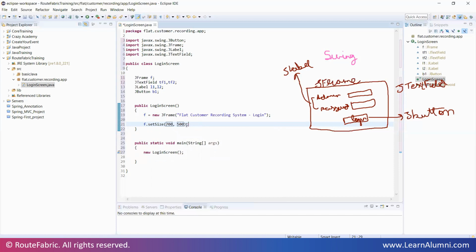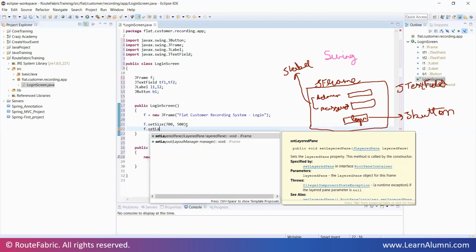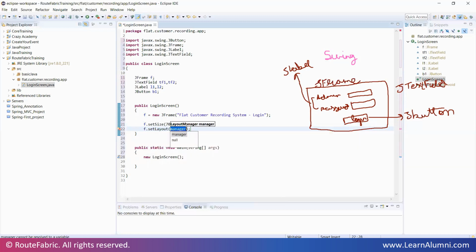Then I'll say F dot setLayout, and over here we will mention null. Why null? So that our fields, labels and buttons get allotted wherever we want. Otherwise it becomes a grid style, like a table format, which we don't want. We want a free style.